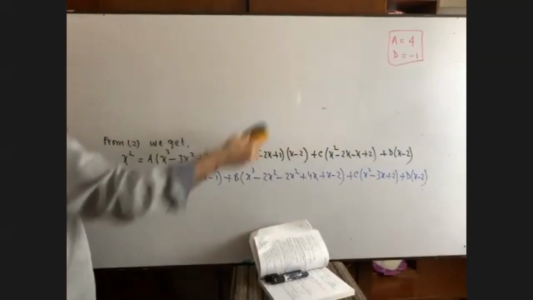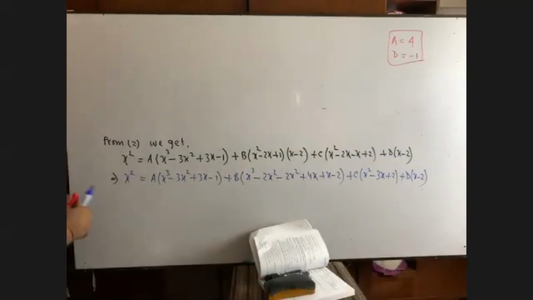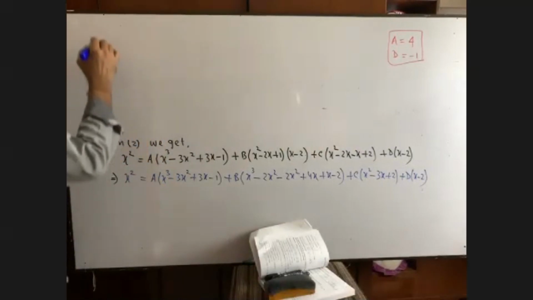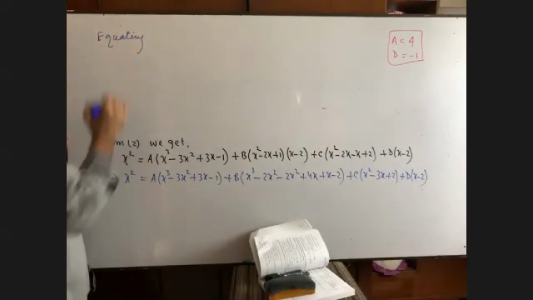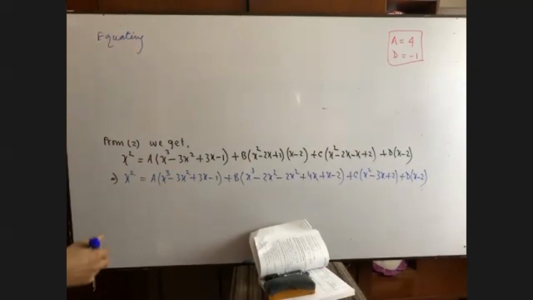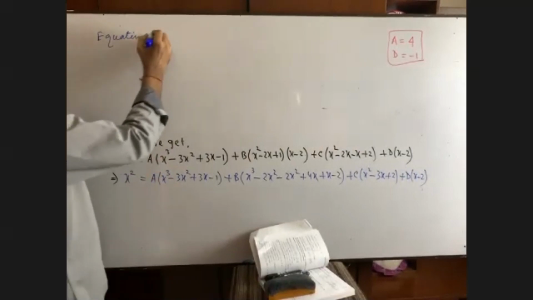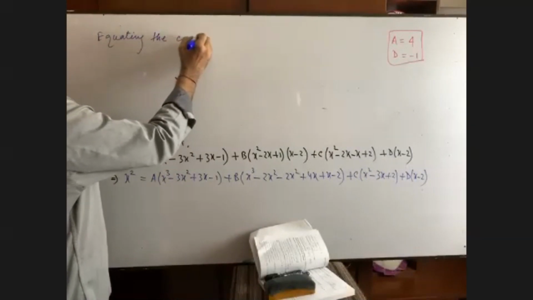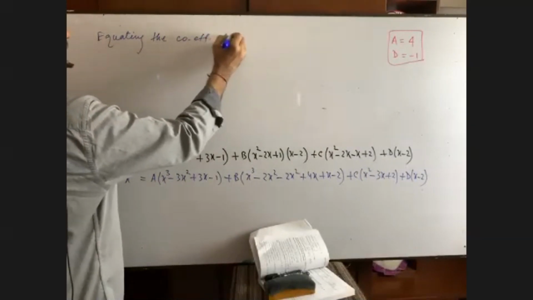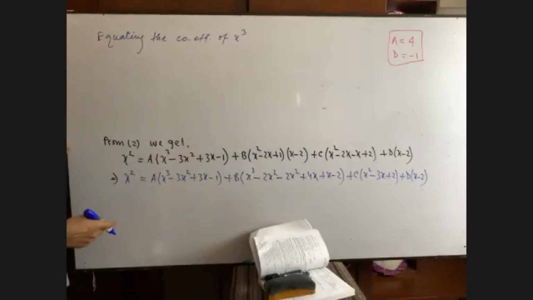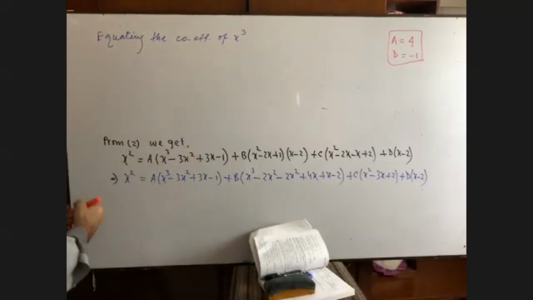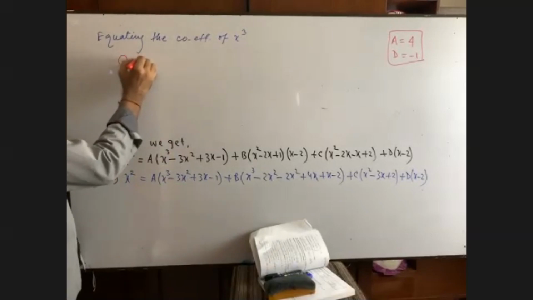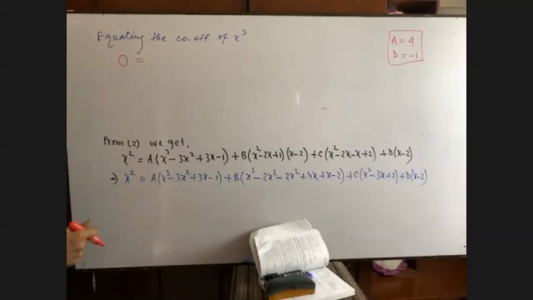So last step. Okay, that I know. Now write down equating. At first we have to take the highest power. Here highest power is 3. So equating the coefficient of x cube. Coefficient of x cube. You please try to understand. Here there is no x cube, that means its coefficient is 0. As there is no x cube in the left hand side, so its coefficient is 0.